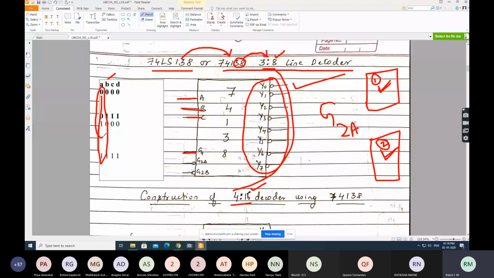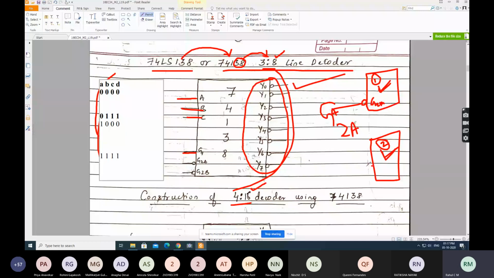The lower IC will be IC2. It will be triggered for what value of A? 1. So for this IC to be triggered for 0, I should give a bubble input here on this A pin. For 0 it should be triggered, so I'll give it a select line which has a bubble. Understanding everyone? So I'll give it to either G2A or G2B. And this IC should be triggered for 1. So should I give it to active high or active low?